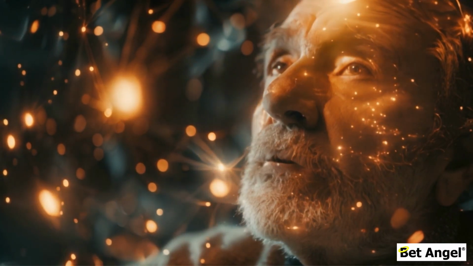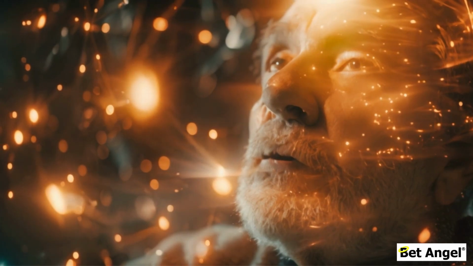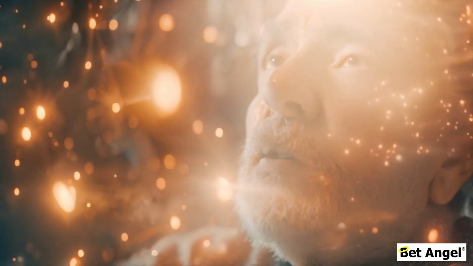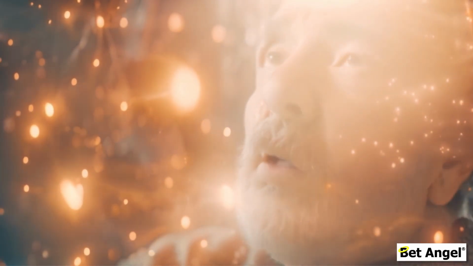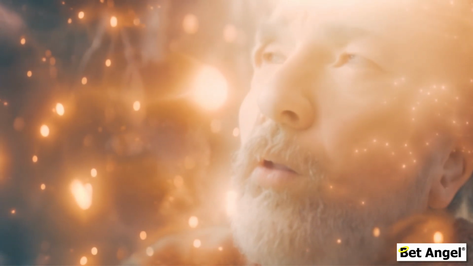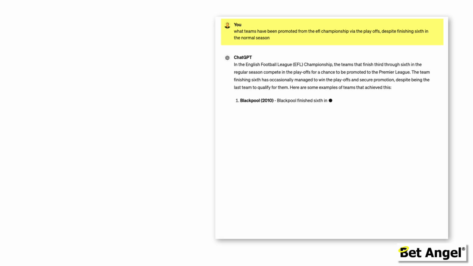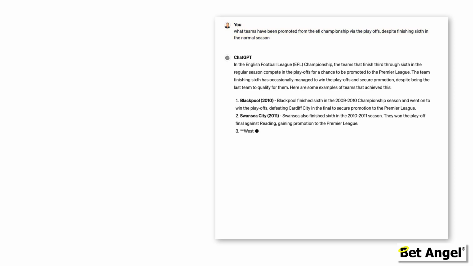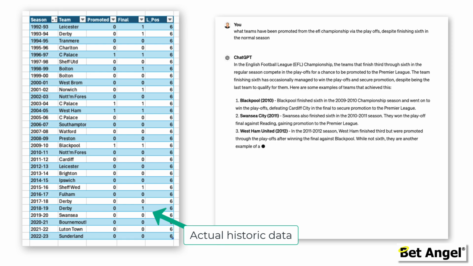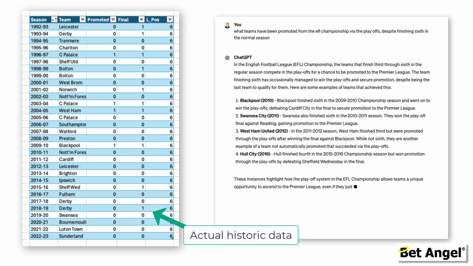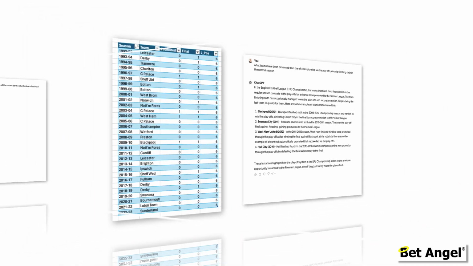One problem that currently plagues generative AI models is hallucination. Hallucination is where the model generates a very convincing answer, but one that turns out to be totally wrong. In this example, I'm asking ChatGPT for information on teams that have qualified from a certain position in the EFL Championship playoff. It gives a good answer, but can you spot the error? It's like it has just made it up to satisfy you, which is more or less what it has done. It's just following the most likely path to give a convincing answer. That's an inherent flaw with all language-based models.